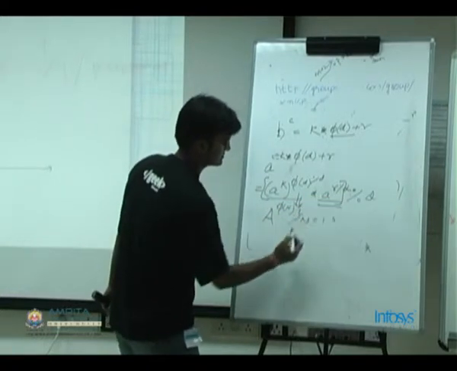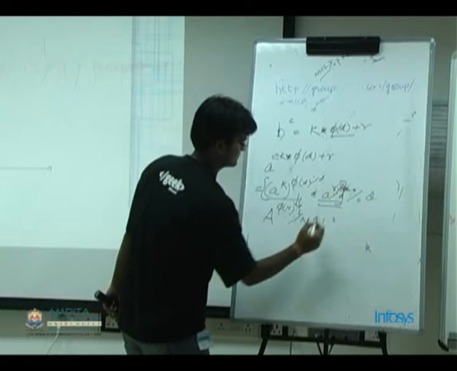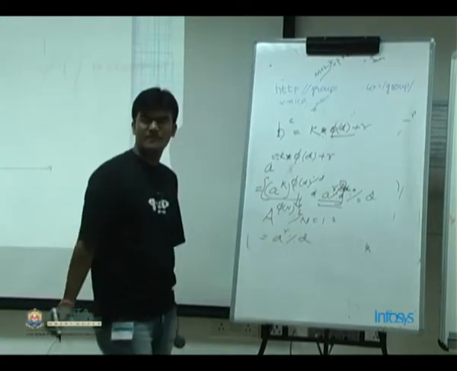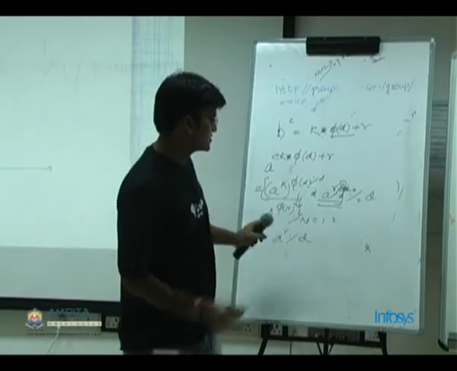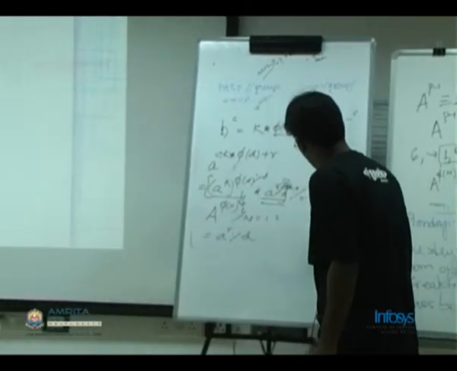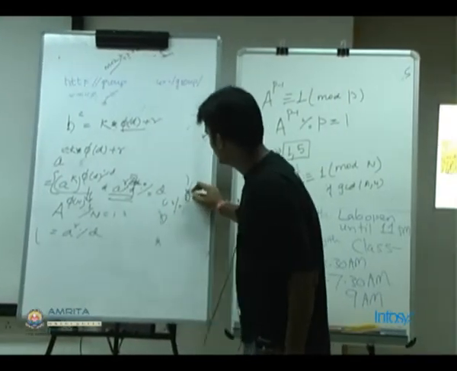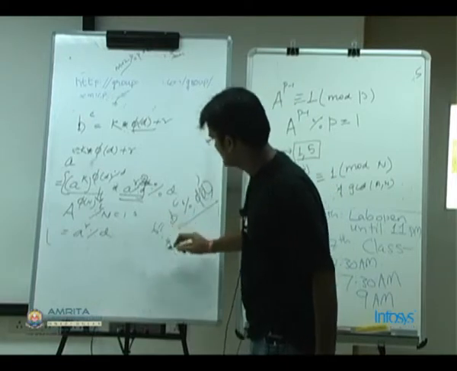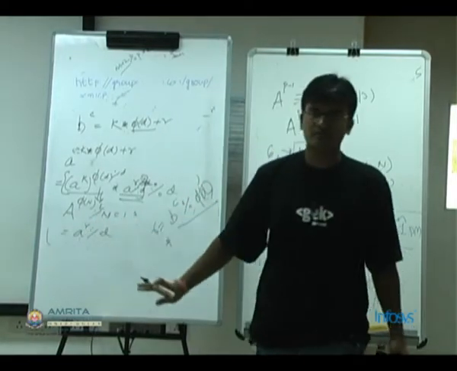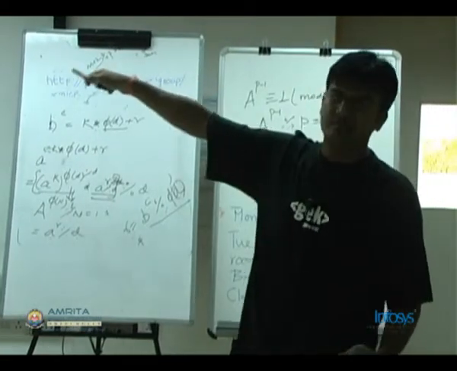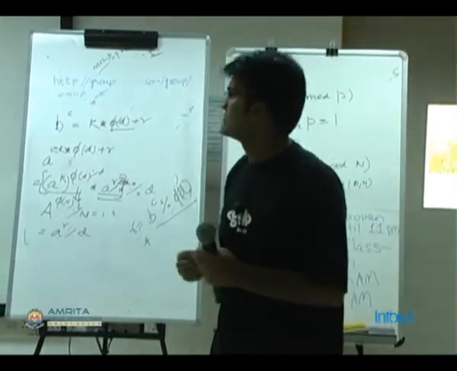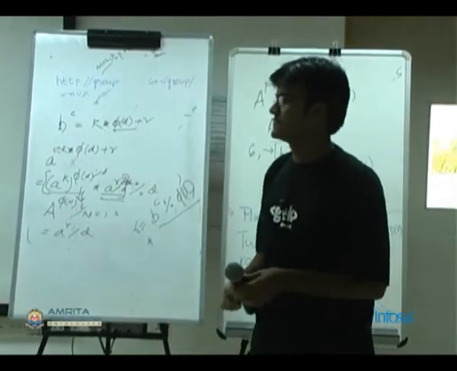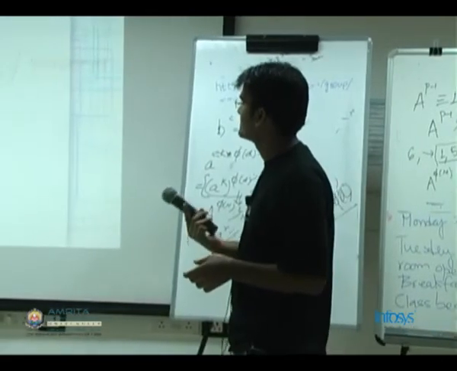We are left with this. There's a mod D here. So the problem would reduce now to calculating B^C mod phi of D. If this is equal to R, then calculating A^R mod D. This way you can solve that. Assuming GCD of A comma D is 1. Yeah, of course there's an assumption that GCD of A comma D is 1. I'm sorry I missed that. Fine.